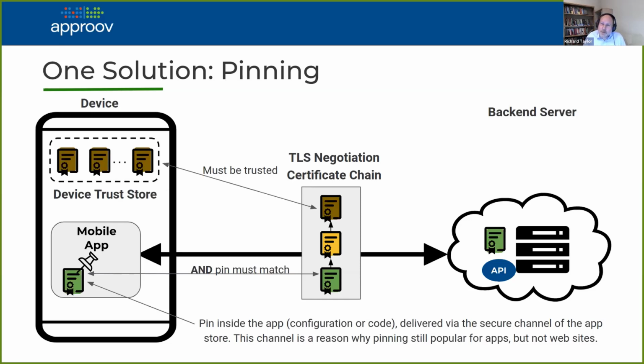And the reason why this is perhaps easier and more widely implemented on apps is that there is this kind of secure channel through the App Store of releasing the app code, including this configuration. There have been attempts in the past to have certificate pinning on the web, HTTP pinning, but that suffers from multiple problems. One of which is really that the only channel that you can get the information across for the pins is the channel that you want to pin. So there's not really an independent way of getting the pinning information across, so it leads to all sorts of potential attacks against it, which are not possible with this kind of channel of publishing the mobile app.